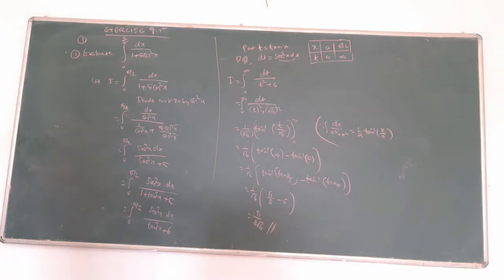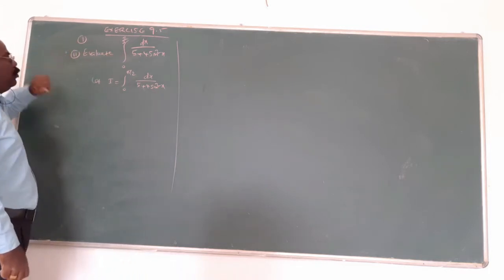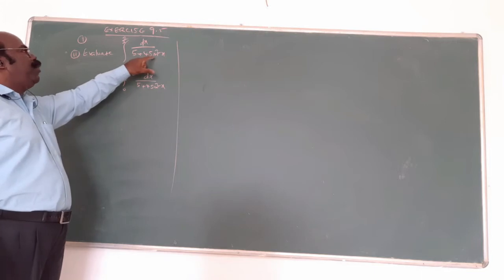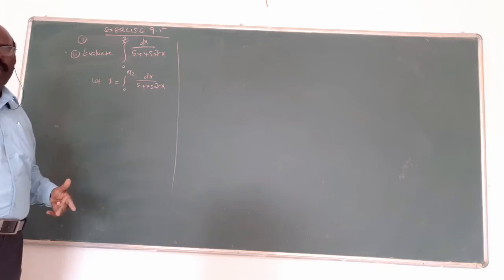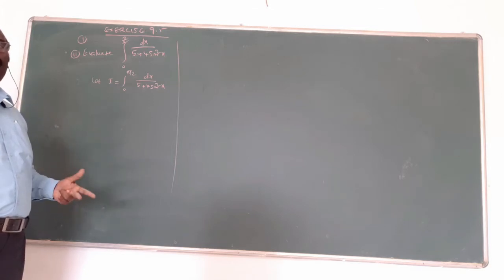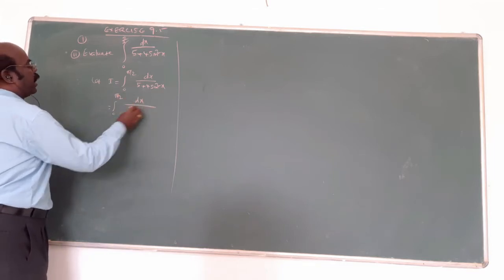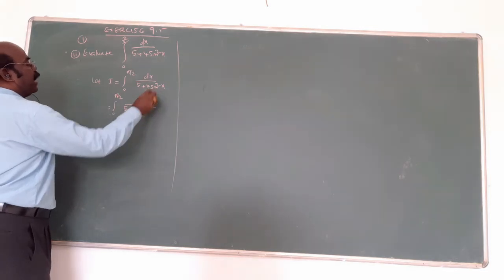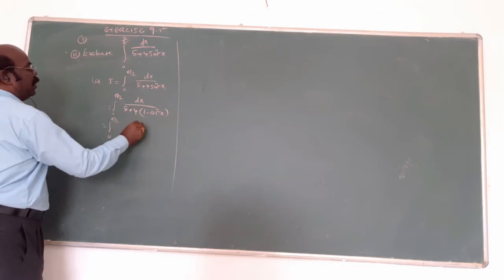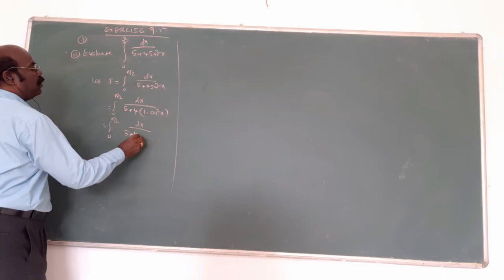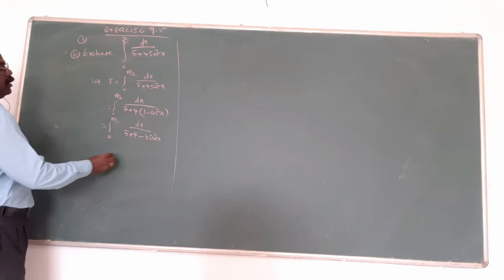One more question, the same method. Now listen here. Exercise 9.5, first sum is 2. Evaluate 5 plus 4 sine square x. Previously only cos square was there, so we divided by cos square. Then 1 by cos square equals secant square. But here sine square is involved. That's why the sine square is converted: 4 into sine square x is 1 minus cos square x. 0 to pi by 2. Here multiply 5 plus 4 minus 4 cos square x. Okay? So it is 9 minus cos square.